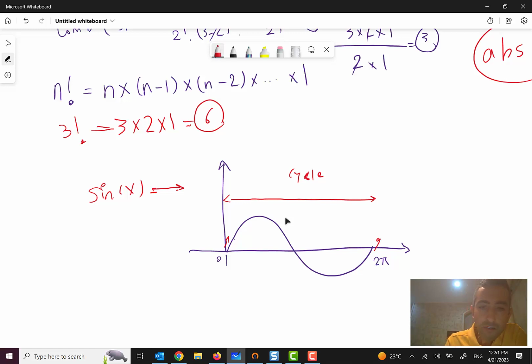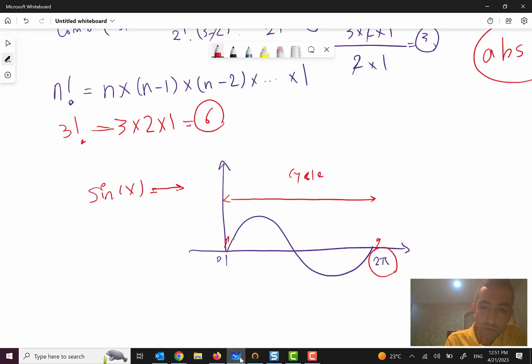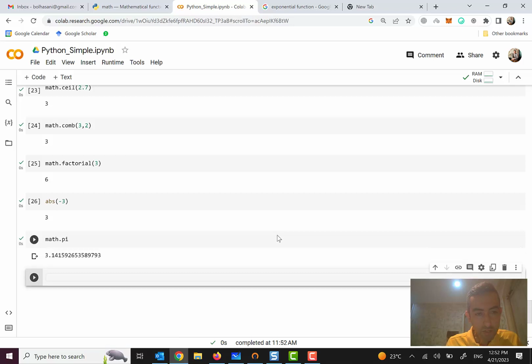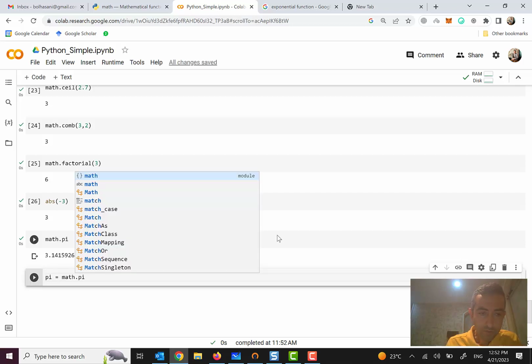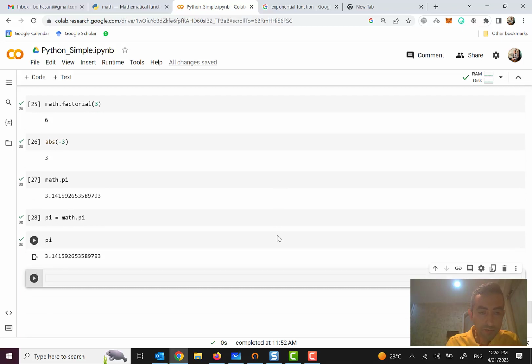In Python we can have it in the math library, math.sin. It takes radians, measured in radians. You know what a radian is. For example, π is about 3.14. If you want it as an exact value, use math.pi. Since we want to refer to it many times and I don't like to repeat math.pi, we can put it in this variable, pi. So math.sin pi,